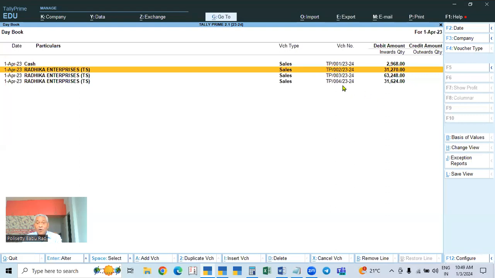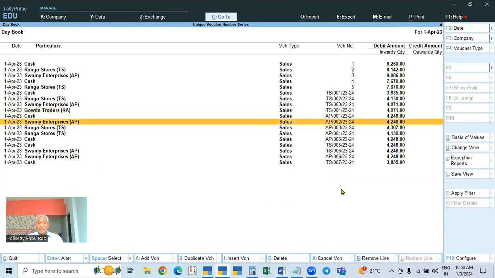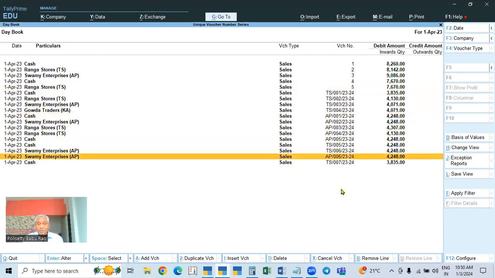For example, I deleted number 3. See, number 4 came to the place of number 3. Number 5 became number 4. See here, there is no gap: 1, 2, 3, 4. But 1 number, they came back here. So the number is changing. The previous vouchers, all numbers changed with this series. And the next numbers also, if you delete, it is changing. But in this case, it will not change. See here, you take any series, if a number is deleted,